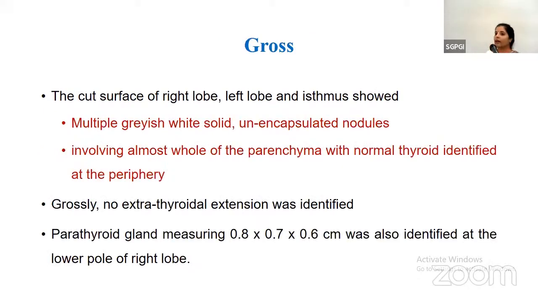So grossly, the entire thyroid gland, the bilateral lobes as well as the isthmus, correlated with the CT findings. That is, there were multiple grayish-white solid nodules which were unencapsulated with ill-defined borders at places. It was involving almost the whole of the thyroid parenchyma. Some of the normal thyroid tissue was identified at the periphery. There was no gross extrathyroidal extension, and a parathyroid gland was also identified,